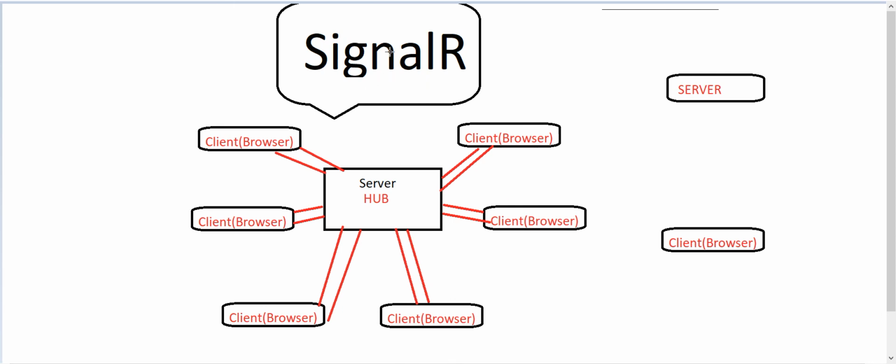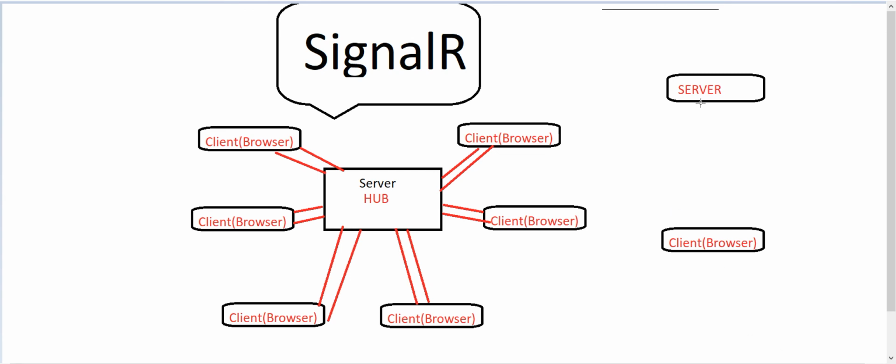SignalR makes a hub and makes the connection with all the clients. Now, anytime the server has an update, it can trigger a function client side, and in this way SignalR works.